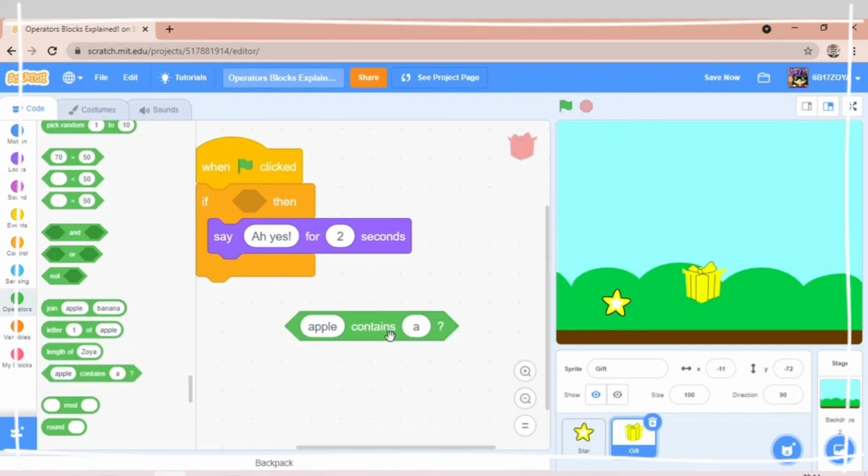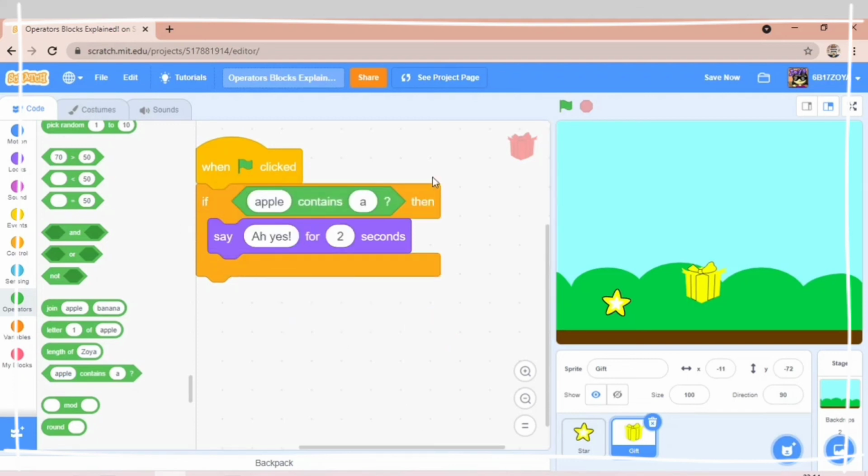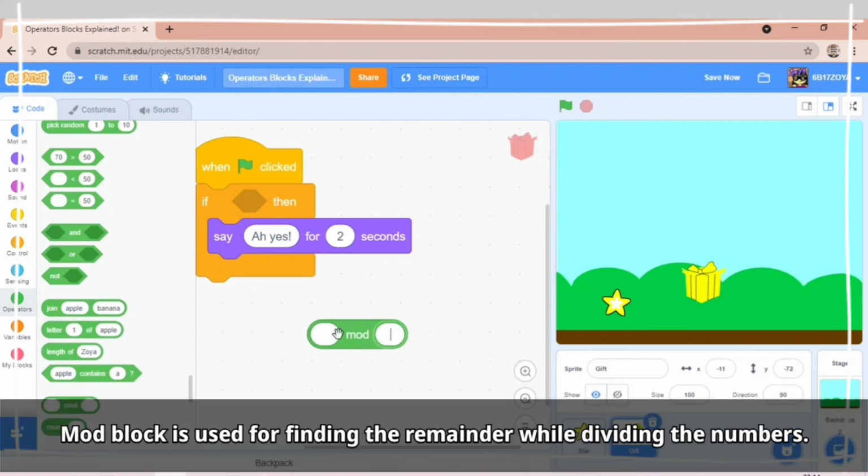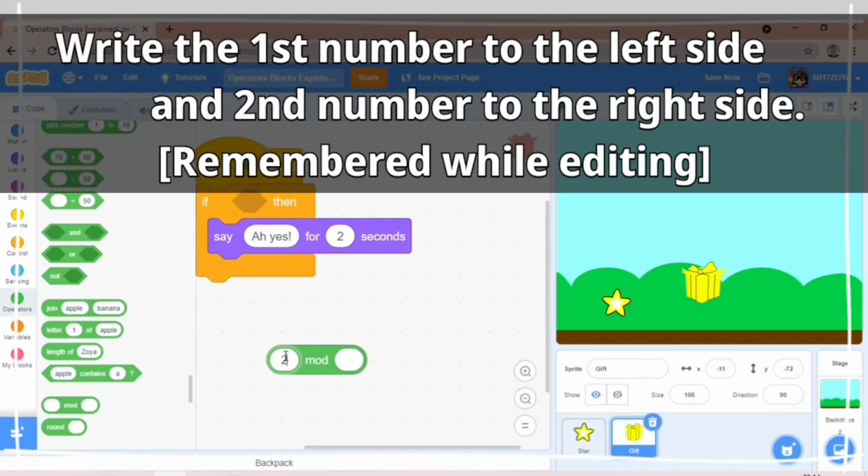And apple contains A. Now the written word contains A. Apple contains A, so it says yes, but if I say apple contains H, no, it doesn't, so it won't work. And the mod one, this is also something related to maths. Try it out.